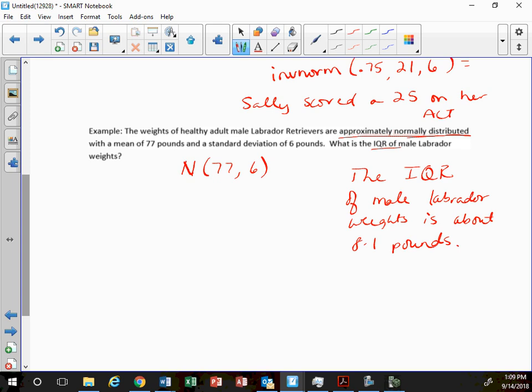All right, so walking through this, how did you figure it out? What is IQR? Interquartile range. So Q1 to Q3, what percentile do those line up with? 25th and 75th, right? So then what did you do? Okay, found the weight that corresponds to the 25th percentile and the weight for the 75th percentile, and then subtract them. Okay, and it's just over 8 pounds. Okay, well guys, there's unit 2. We're cruising right along here.